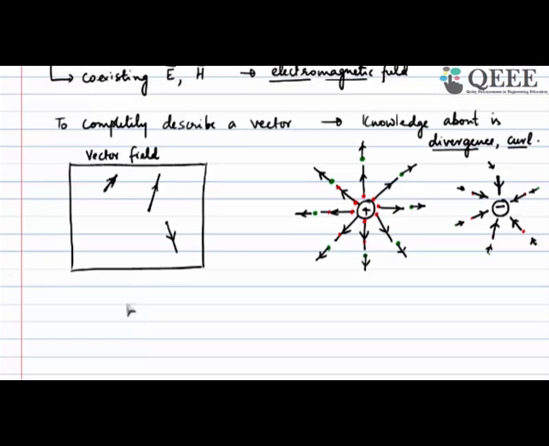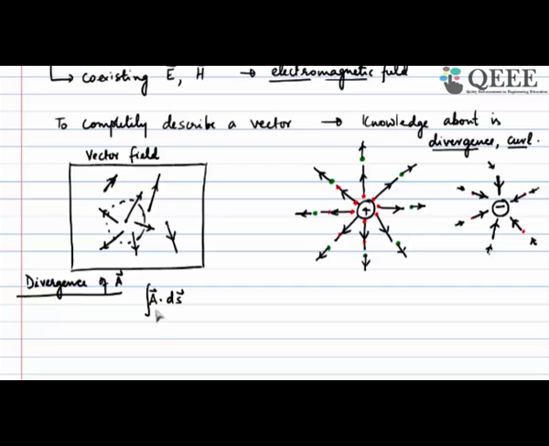The conventional, or first principle, definition of divergence is that I need to take a surface area. So I'm trying to define the divergence of a vector A. I take an arbitrary surface area around a point, and this is how vector A is behaving in this area. I take A dot ds, which means I take the whole surface and do the surface integral of A dot ds,